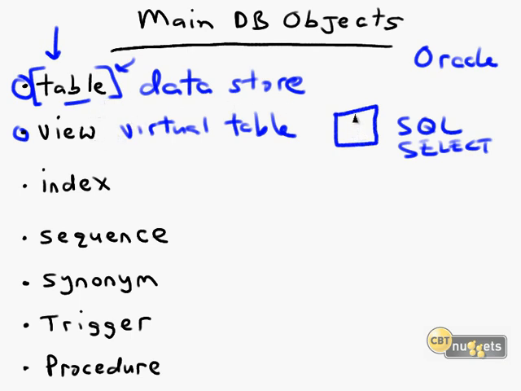You're not interacting with the view itself, but you're instead working through the view that's giving you a filtered look into the fundamental data that's stored in one or more base tables. A common principle of database design is that we want to keep our database users far, far away from our base tables. Really, the only folks who should be touching your base tables directly are database administrators, database developers, and perhaps the operating system itself. For our users, we want to put them through views wherever possible to filter what they're seeing in those base tables and also to hide complexity, to hide data that, for security reasons, we may not want